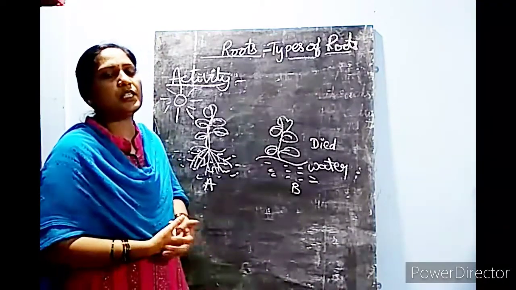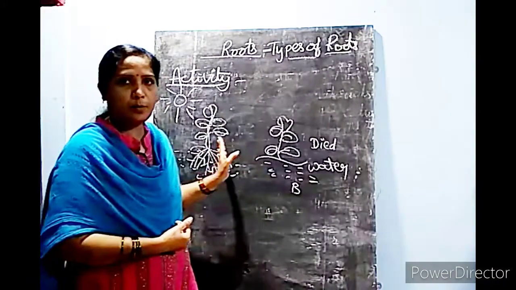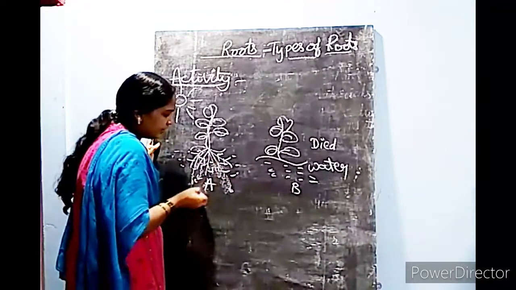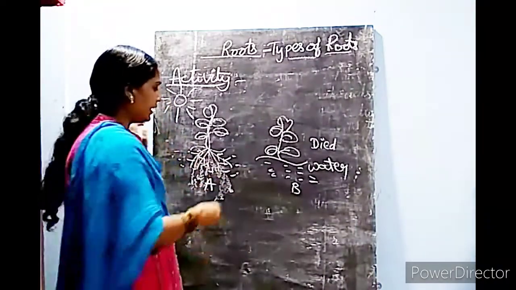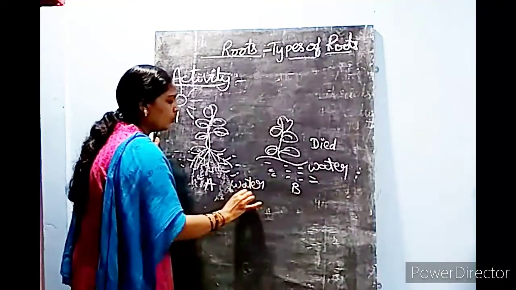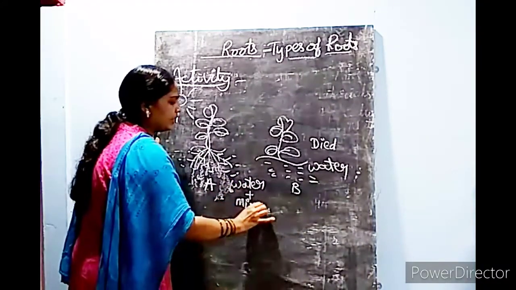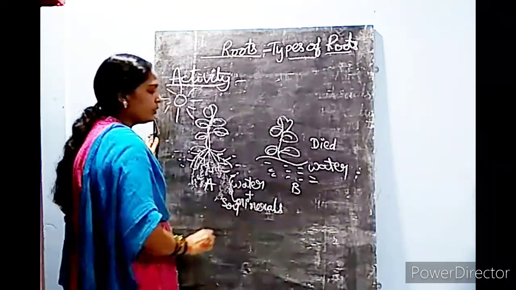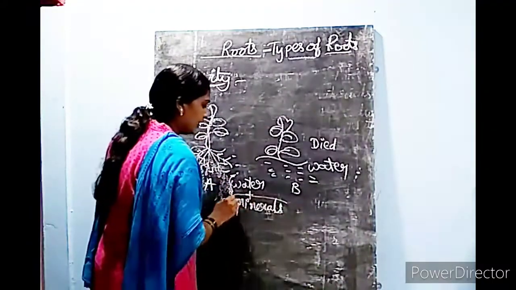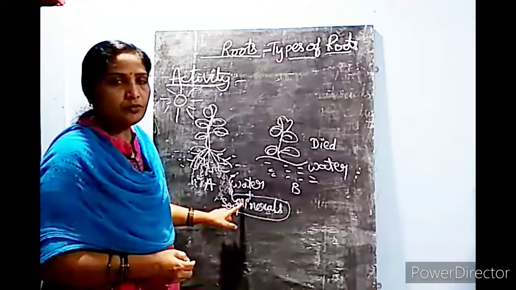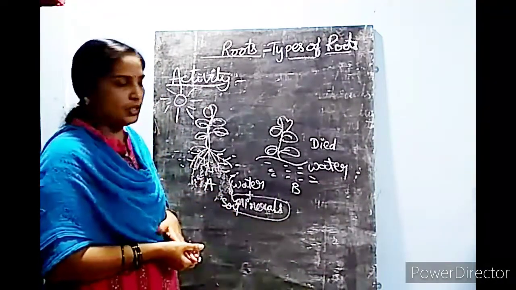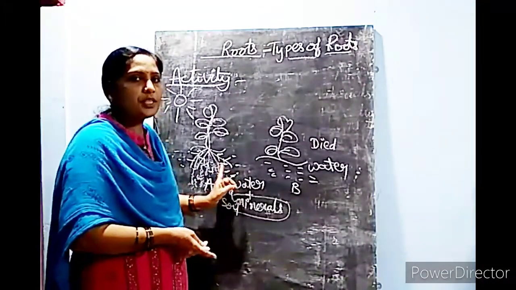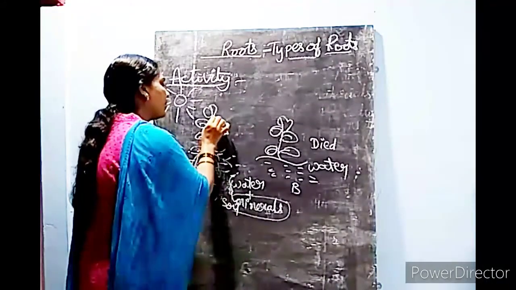Then what function are the roots doing? Why is plant A able to survive? Because the roots are absorbing the water. They are taking the water and minerals which are present in the soil. These two are present in the soil. The minerals are nothing but a type of nutrients, a type of food for the plant. Both water and minerals are absorbed by the roots and sent to the other parts of the plant,